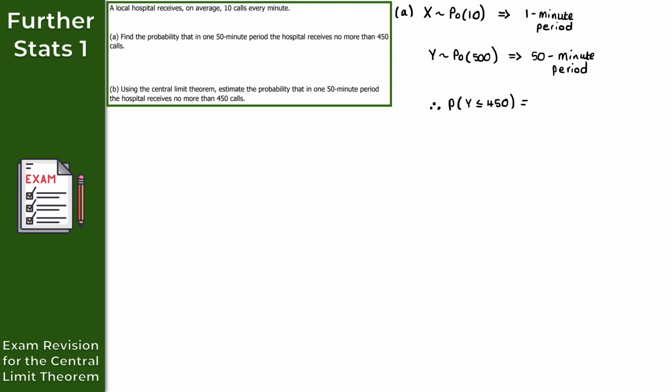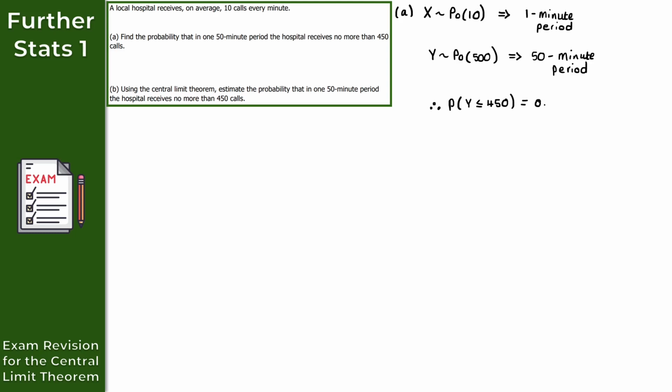So if I do this, we go into stats mode, distribution, Poisson, and PCD. And it asks us for two things here. It asks us for x and mu. So x in this case is this value, which is 450, and then mu would be this parameter here of 500. So if you input both of those and press enter, what we get here then is